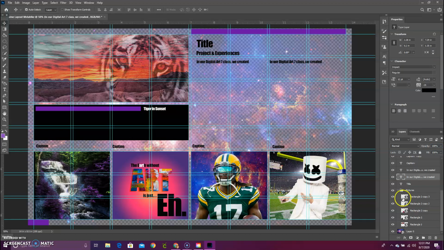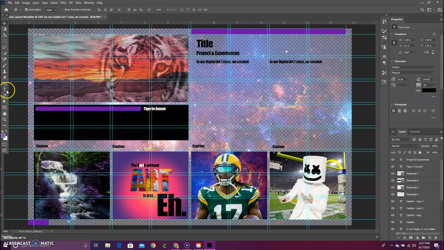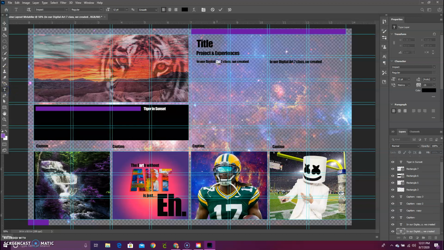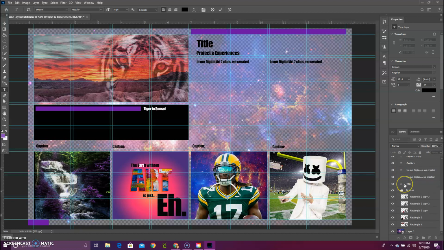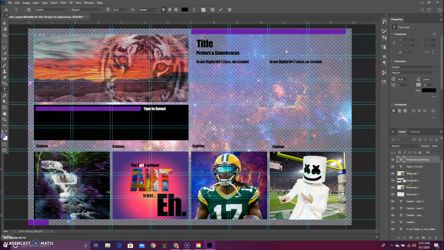So if you're ever going in and editing your text, just make sure you're on the text function and double clicking where you would like to edit, right? Or you can just go to that individual layer and then edit your text. So make sure that you are paying attention to what layer you are on. It's really hard to work on something when you aren't paying attention to the layers. It can be really difficult. So again, you can double click the layer that you're working on and then go in and edit the text